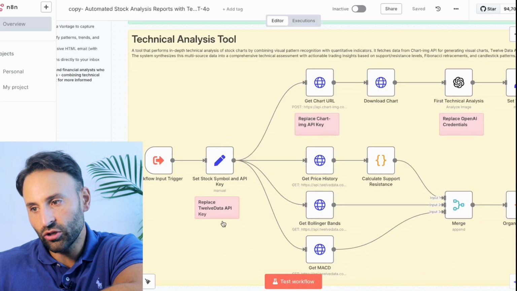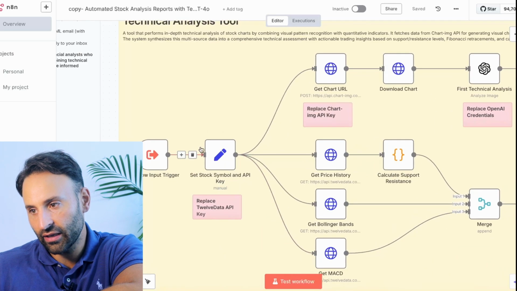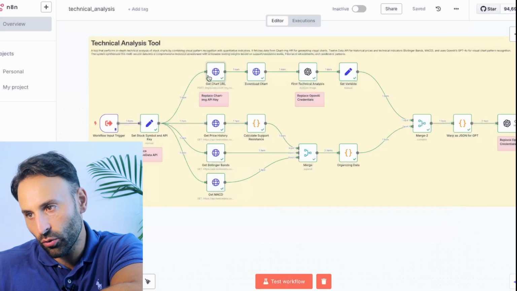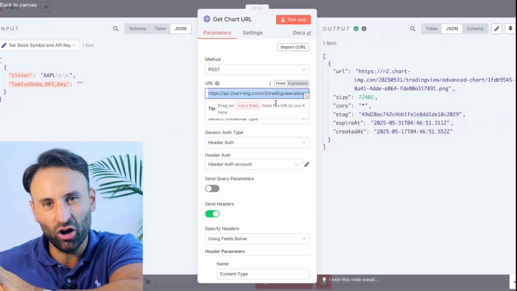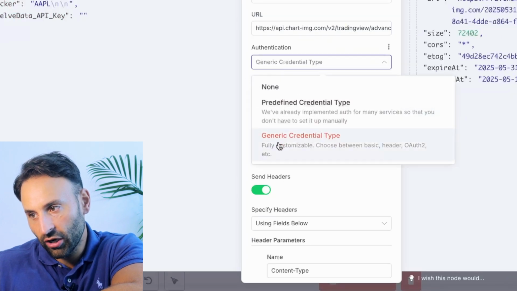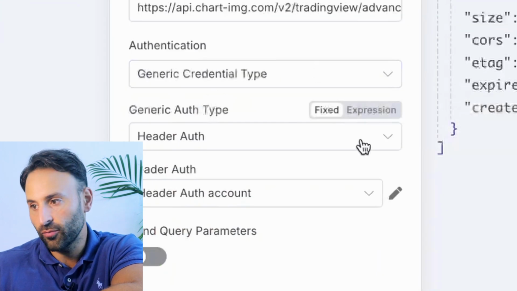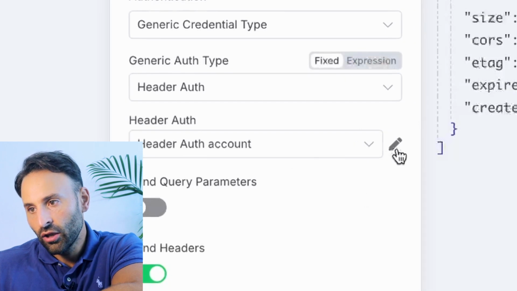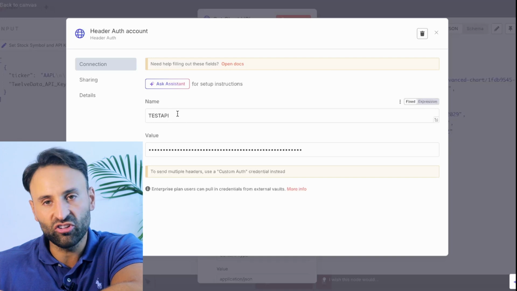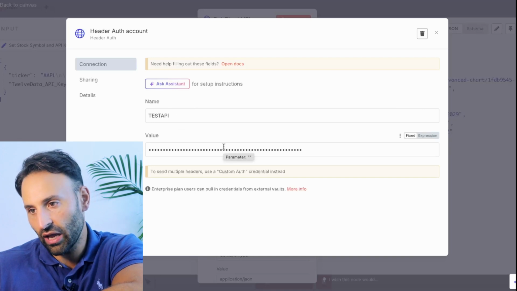This one here, you go to the 12 data API key. For example, on this one, get chart URL, you click inside, you see this is the URL for the chart called chart-image API. Again, the credentials here, you click this pencil icon here. You can call it usually anything, like test API. Sometimes there's a specific name. You can ask ChatGPT and you paste your